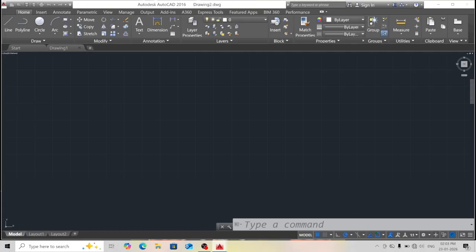So this is the Drawing 2 file that is generated, with the ACAD ISO template opened. In this drawing file, first of all we are going to discuss the primary settings of AutoCAD. In total, there are 6 commands in the primary settings. The first one is